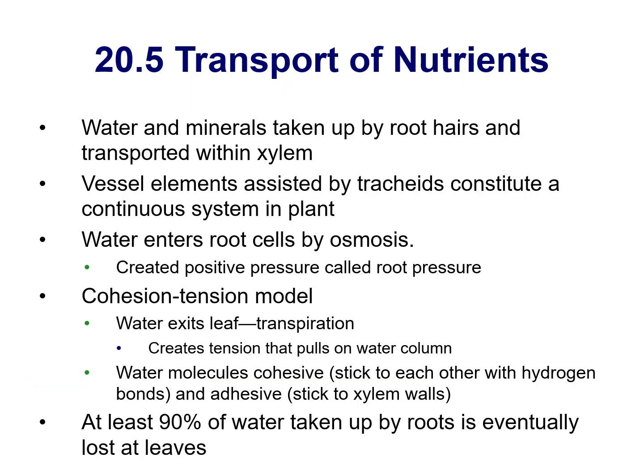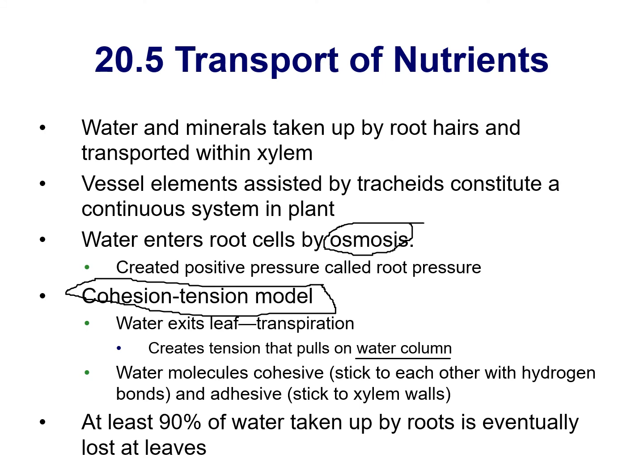And so again, we've been mentioning this several times, so this one shouldn't take too long here, but xylem and phloem. Okay, we've got vessels and tracheids for our xylem, and the main process we're using here is something called osmosis. Right, you're allowing water to go to create this root pressure that's going to allow water to pass through the cells. Okay, and one of the big models you have to understand, this is a big one to make sure you remember, is the cohesion-tension model. The idea is that water gets from the leaf and it creates a tension to make a water column,